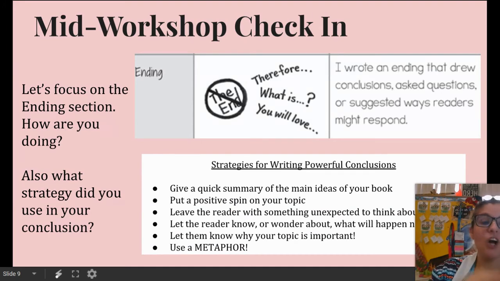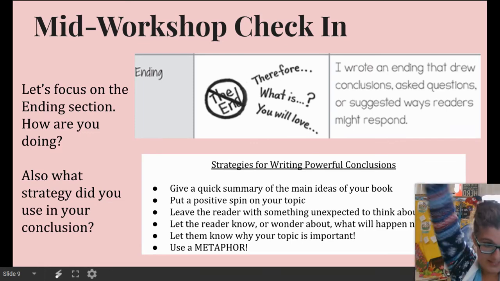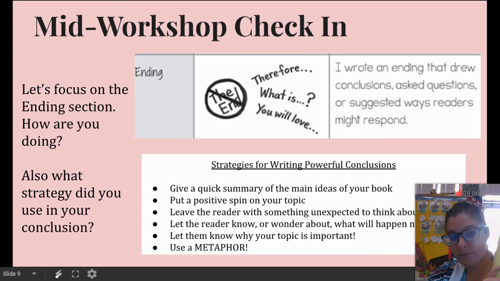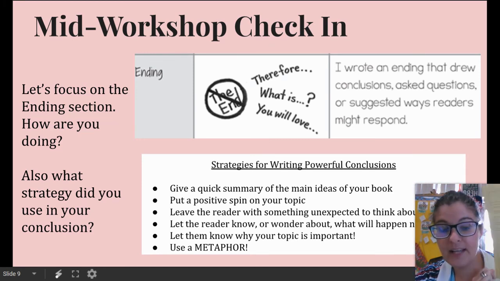All right, writers, you're going to go off and write now. At the end of writing today, though, I want you to think about that piece of the writing rubric. I wrote an ending that drew conclusions, asked questions, or suggested ways readers might respond. Hopefully, we can all get the starting to, and maybe some of us will have the yes. So you're going to go off and write in your yellow notebook. You have a section in here for conclusion. It's just past your introduction. It starts on page 75. Off you go,